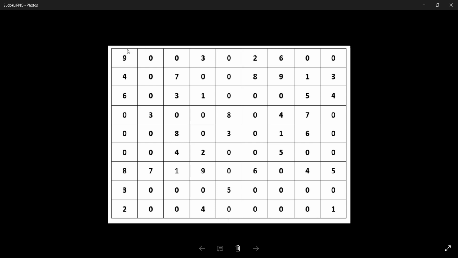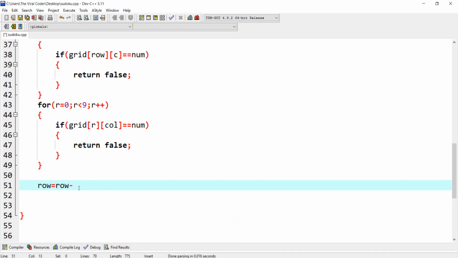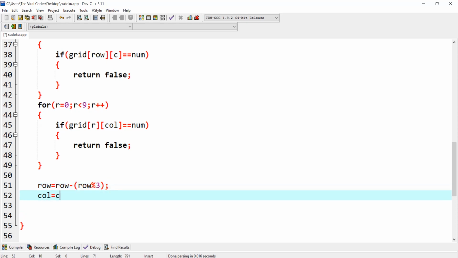So we have to find out the starting of the subgrid, and then we will move 2 times forward column wise, and 2 times forward row wise, right? So row equal to row minus row mod 3, okay, and column equal to column minus column mod 3,